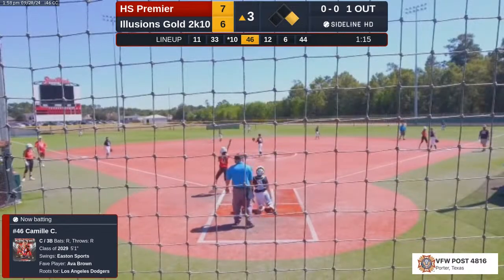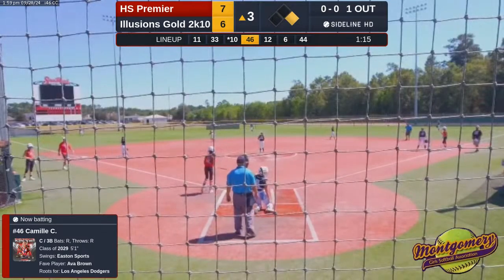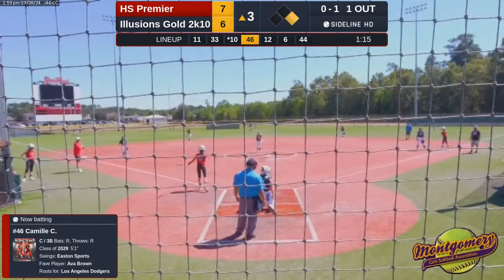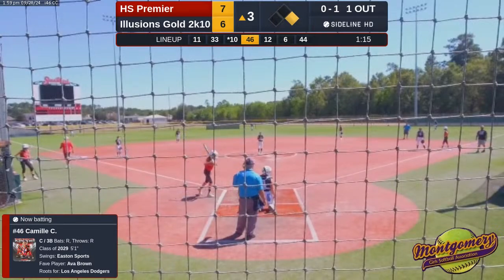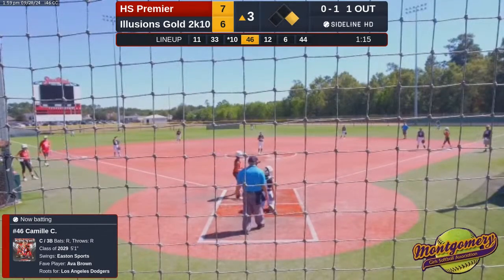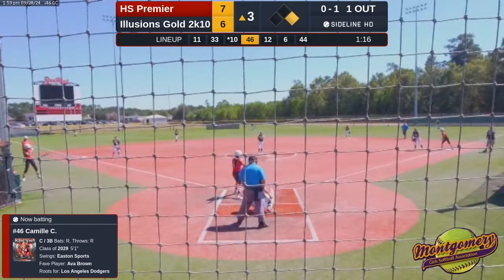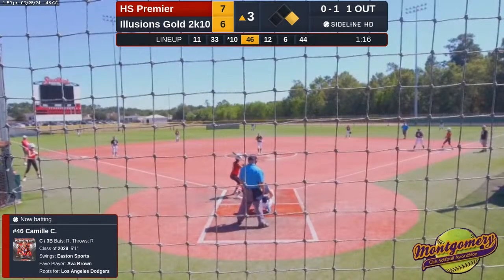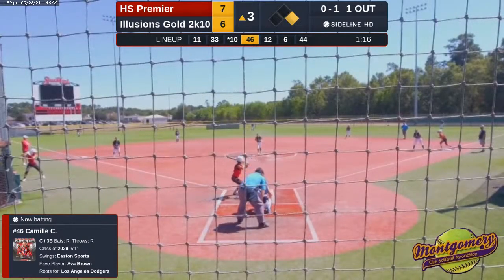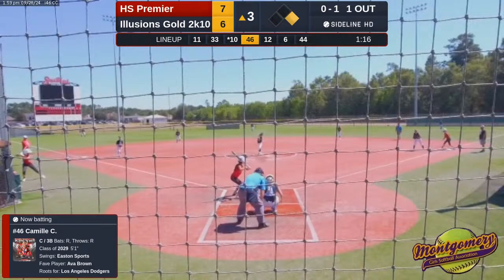Pitch is up, strike one. We are an hour and 15 minutes in according to my game clock. We only have 1 out and the middle of the Hotshots order. Chris is at first. Camille's at the plate.